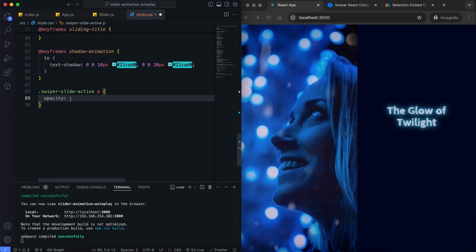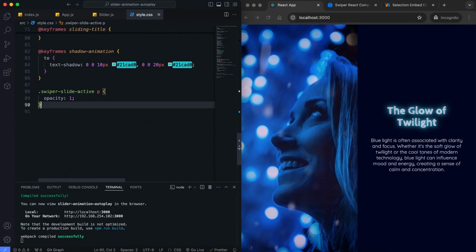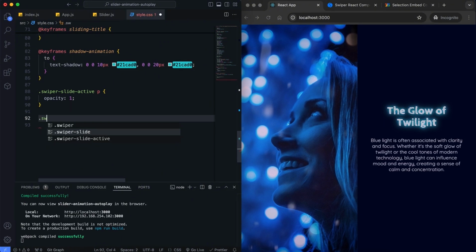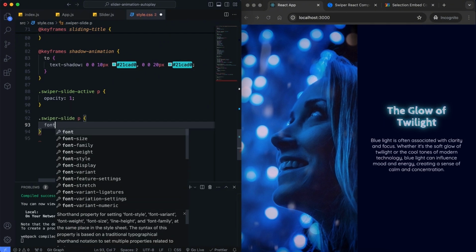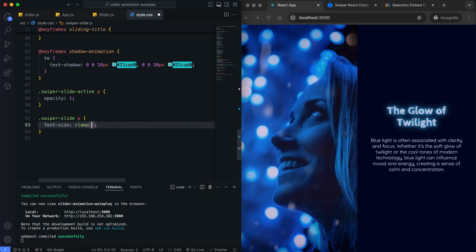Again, I set the opacity value of the paragraph to 1, so you can see the paragraph style. Later I'll remove it. The font looks like it's small. You can edit it like this or however you want.